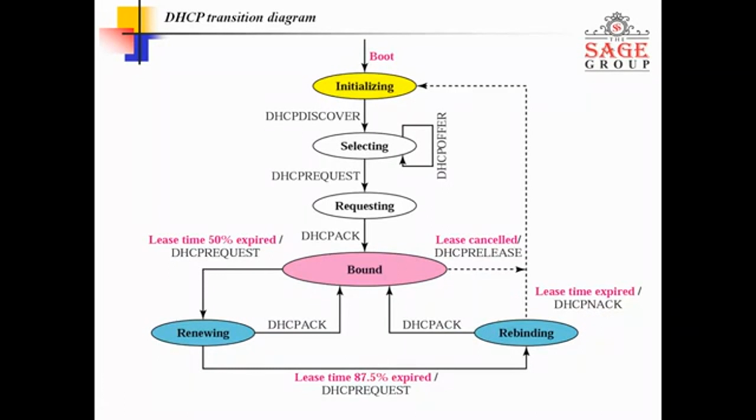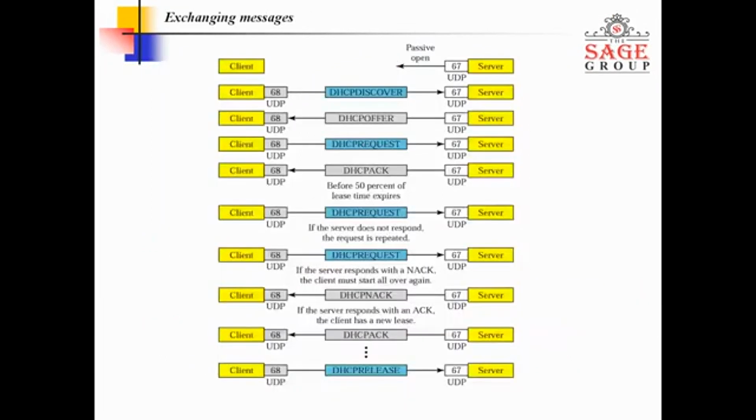This is a state transition diagram of DHCP. Now we see this diagram in the form of a client server architecture process. Firstly, the boot process is done at the server. The port numbers are 67 at the server end and 68 at the client end. These are the port addresses where DHCP works. UDP is the protocol that helps to send that message. It is a transport layer protocol.